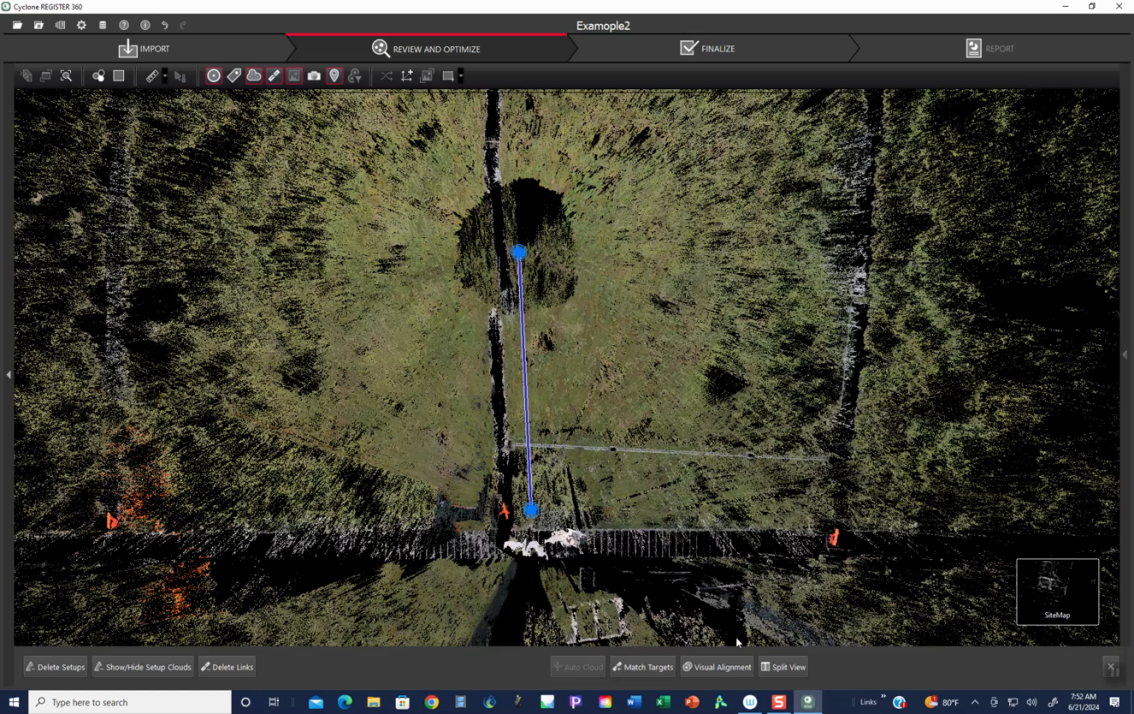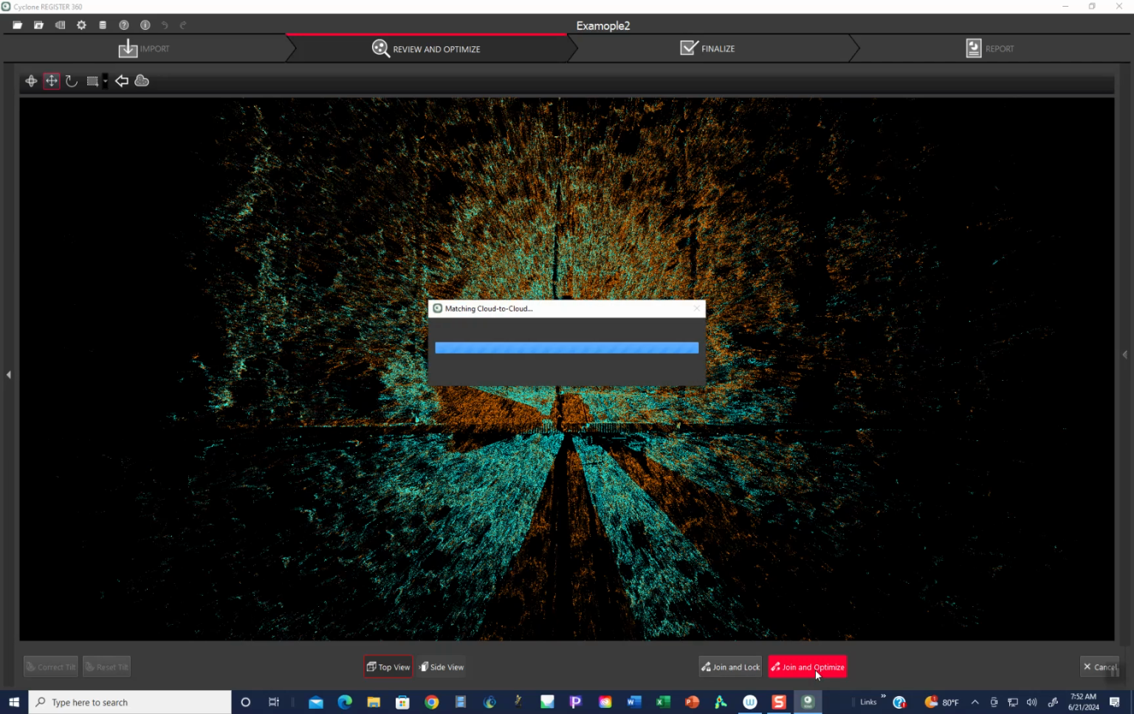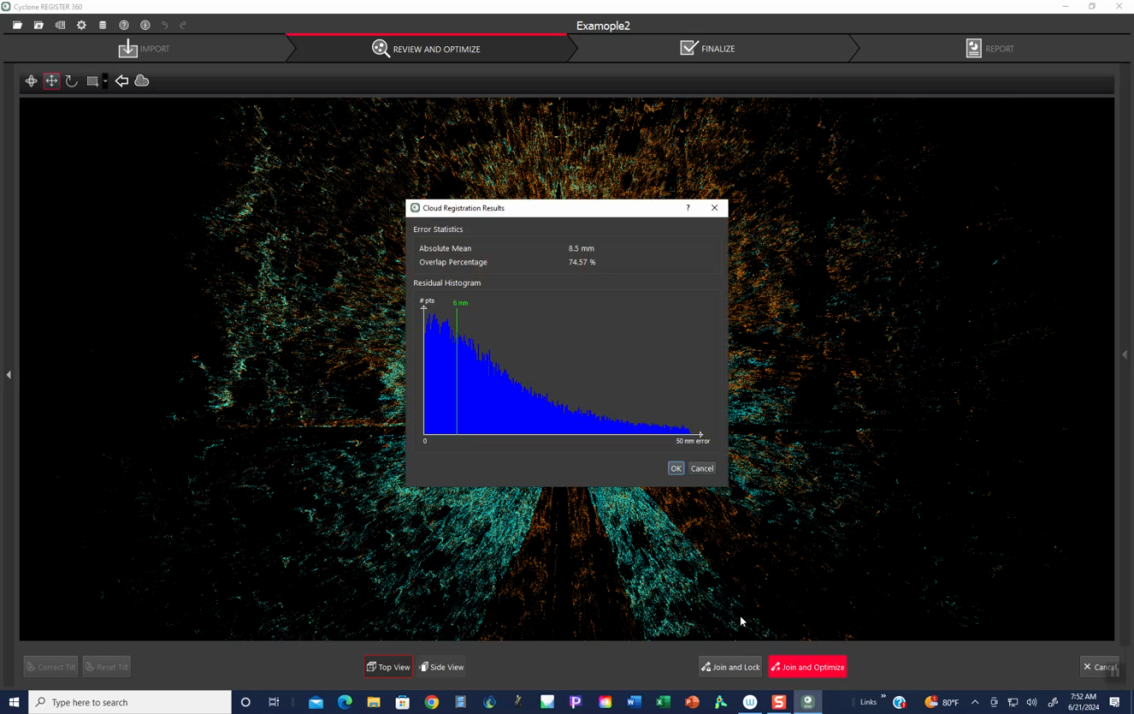Now, if you do it a second time, now that we have this preliminary link and we go to visual alignment, and I just say join and optimize, it now focuses on that link. And it shows you what some of the error statistics are. Now, if these were two identical scans, all the points would line up and you'd expect that the distance between the points or the errors would be 0 because every point would be on top of every point